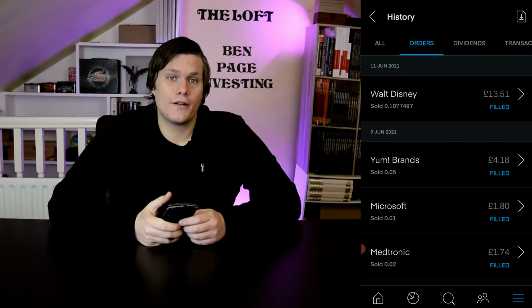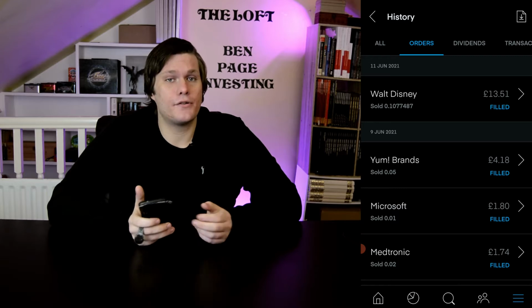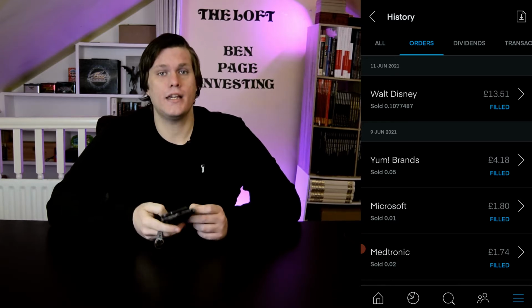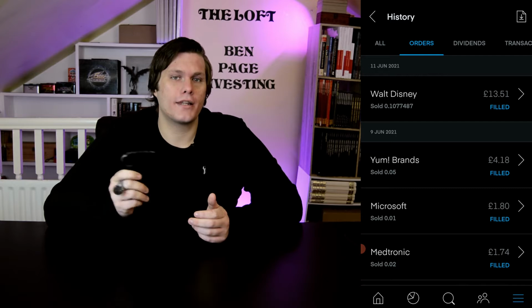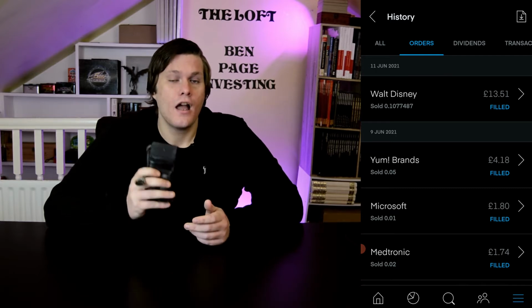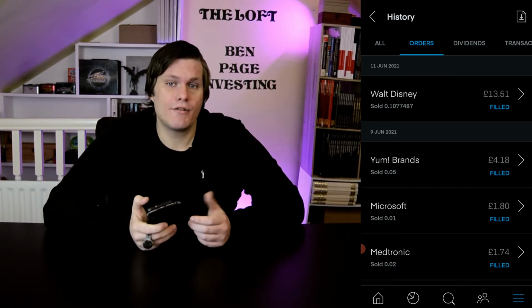Looking over to the buys and sells for the last week, there's not that much activity as I didn't buy or sell any shares over the last week. I do have £36 sitting in the account ready to be spent, but I currently haven't used it as of yet. So we're going to be skipping what I've bought and what I've sold because there isn't any,